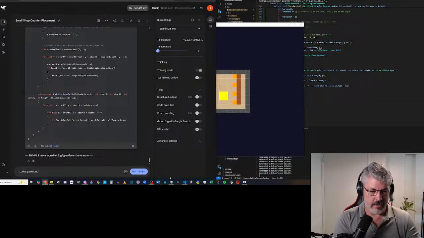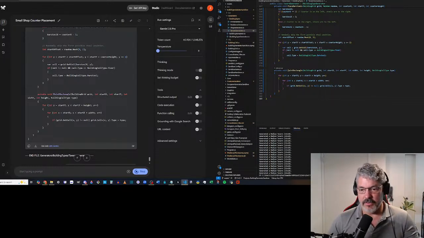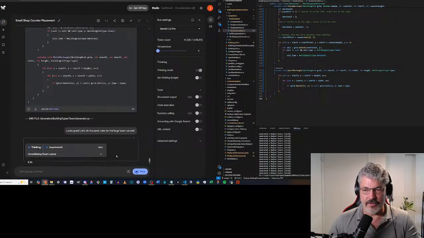Let's do the same rules for the large tavern as well. I'm not changing anything major, so it should be pretty much just do it again.